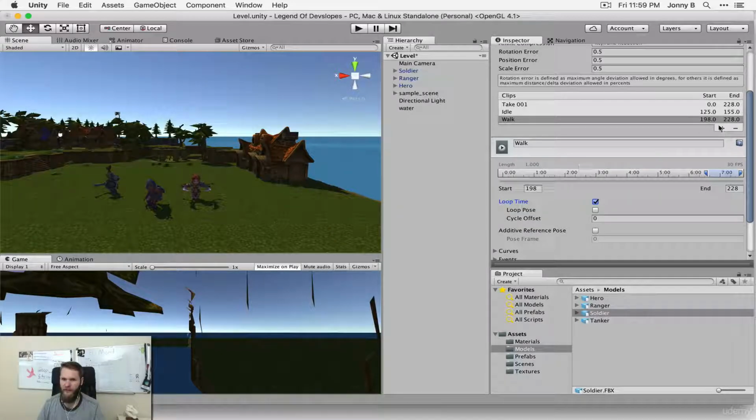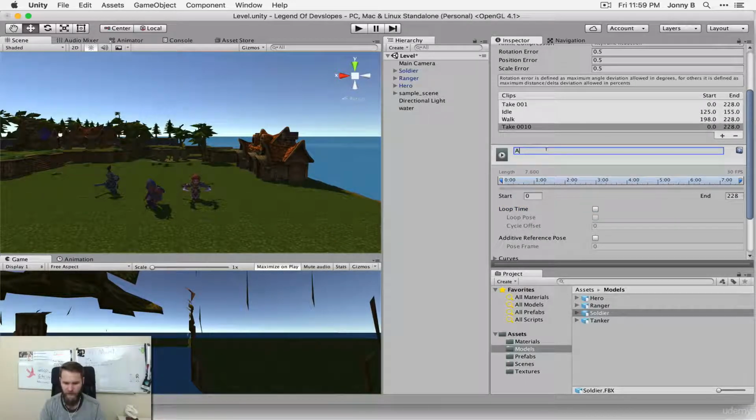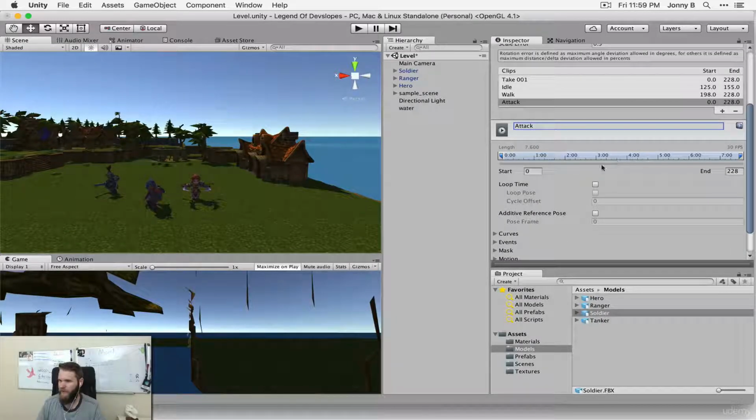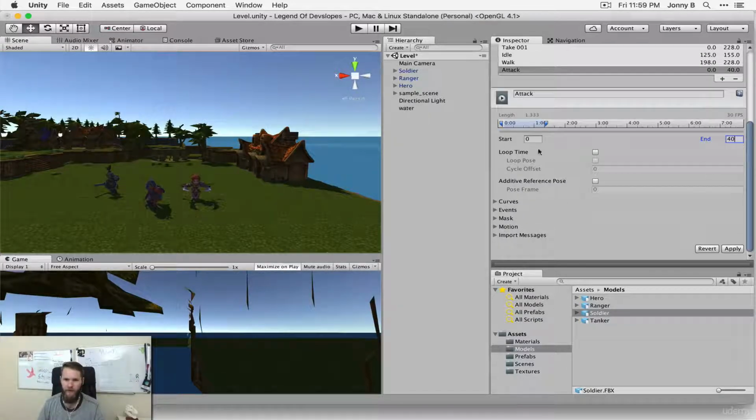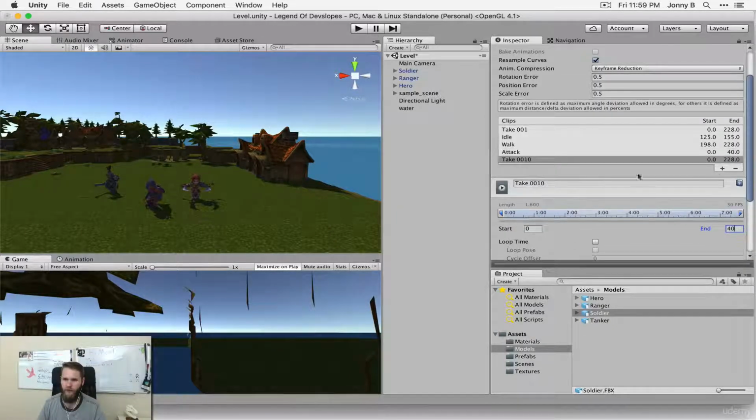And what do we need next? We want our attack. So attack, press return. And attack is from 0 to 40. And we don't want that to loop. Apply. And next up we want hurt. And that is going to be from 156 to 176. And hopefully you can see that we are naming our animations all the same thing across our models,